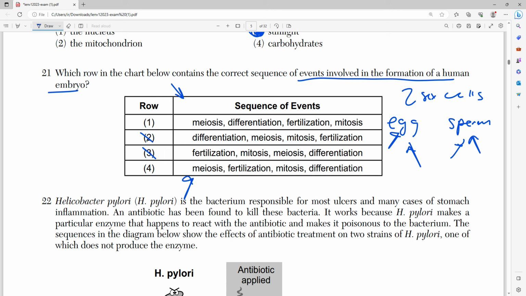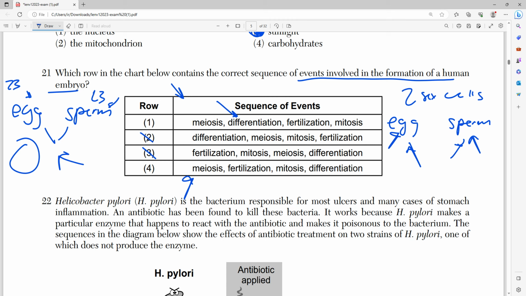Next, that egg and that sperm have to combine. The sperm has to fertilize the egg, has to go inside of it. These 23 chromosomes, all the alleles and specific traits that each of these cells have, have to combine together in a process called differentiation, actually no, sorry. These need to combine together in a process called fertilization. I just said the sperm has to fertilize the egg. Because this one says differentiation after meiosis, this has to be wrong. The correct answer is number 4, right? Sex cells are produced, they fertilize each other.